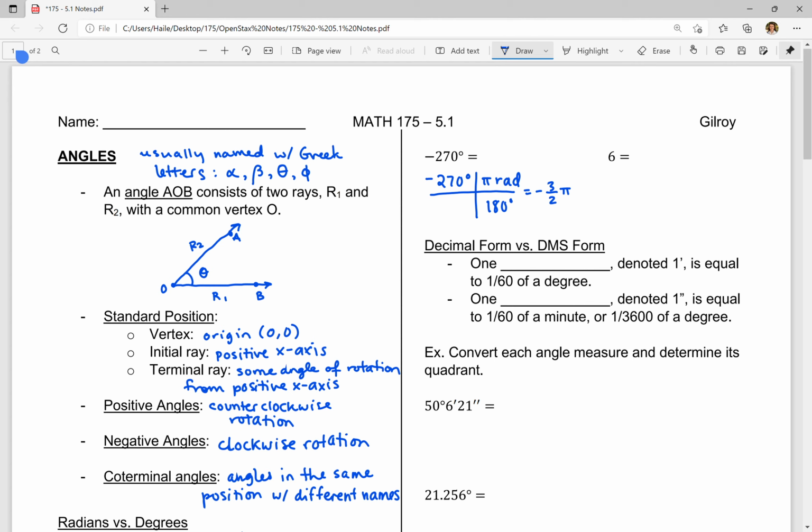All right, so our final conversion problem, we have 6. So 6 you might think is degrees, but we don't see a degree symbol. So we only want to assume degrees if we see a degree symbol. So we're going to assume that this is radians. So we're going to say 6 radians. And I want to convert to degrees. So I'm going to put 180 degrees on the top and pi radians on the bottom. So this one's a little weird because we don't have pi's canceling out. Okay? So for this, you're going to have to use the pi button in your calculator. So we're going to do 6 times 180 divided by pi. And that should give you a decimal of approximately